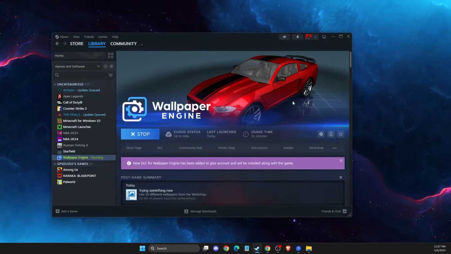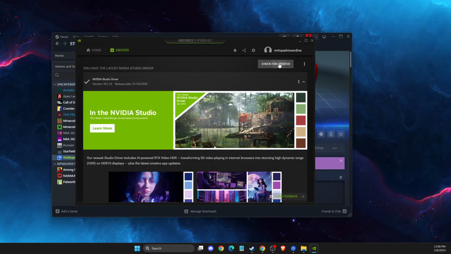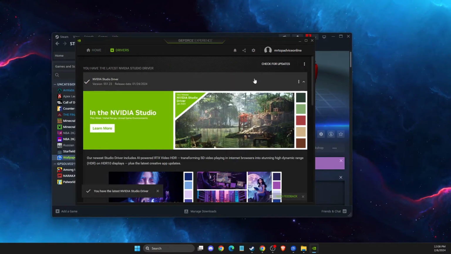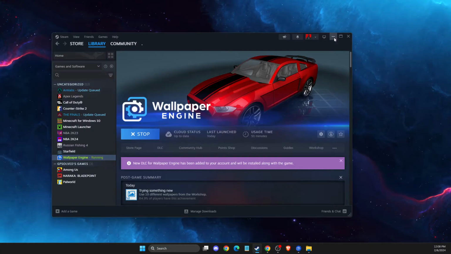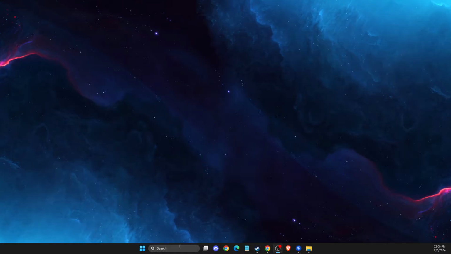Wallpaper Engine does not launch because your GPU drivers are not up to date. So what I suggest you do here is to go to your GPU software. I'm using NVIDIA, so there is GeForce Experience for me. If you're using AMD, I believe there is AMD Radeon. And go to Drivers and check for updates and just update your GPU because it can cause this problem, right? And after, if you update the GPU and Wallpaper Engine is still not working, then you need to go